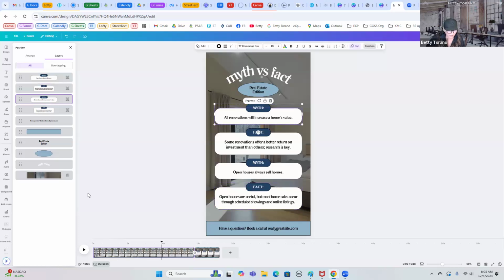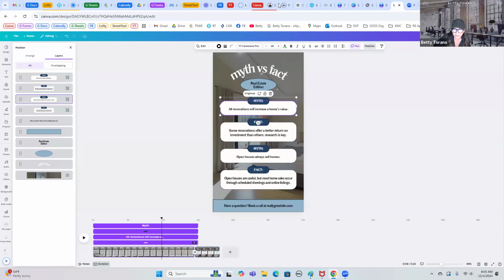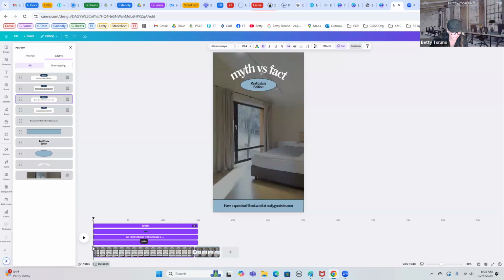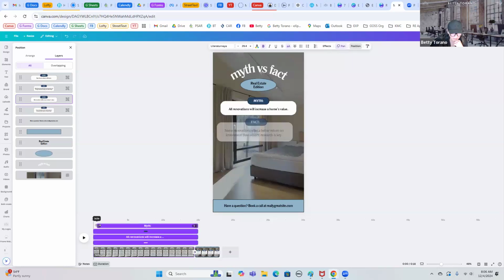So this is group 1, and then if you want to show the timing, this is group 1, it's right here. You go here, and it says show element timing. So you click on that, and it shows all these items. So we're going to click on this. And then it's the myth. Obviously this is where it starts, but we wanted it to come in maybe 2 seconds later. It's 14:05. So let's go 1 second later,